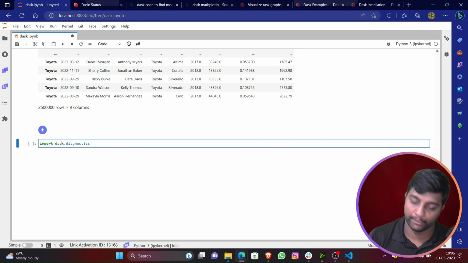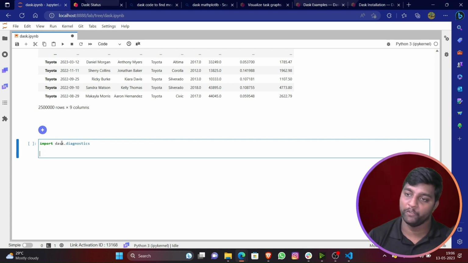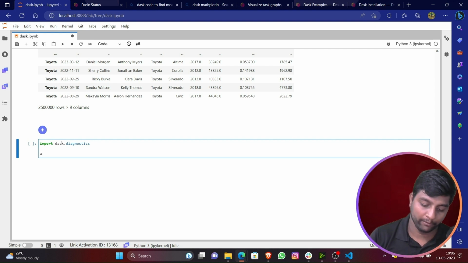Diagnostics, dask.diagnostics. Now we are going to create a plot on dependent columns. We are going to create a plot upon this. So what we'll be doing with dask.diagnostics.progress bar, we are going to just check the progress of each car sales. So progress bar, what we'll be doing